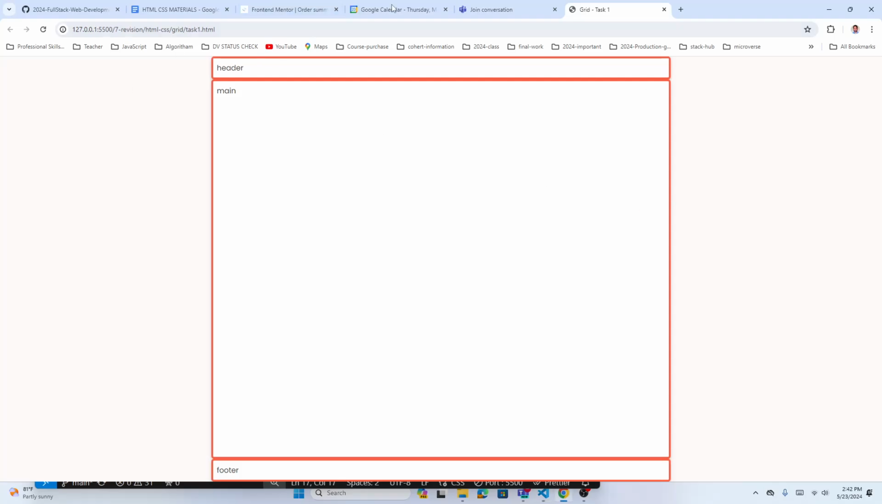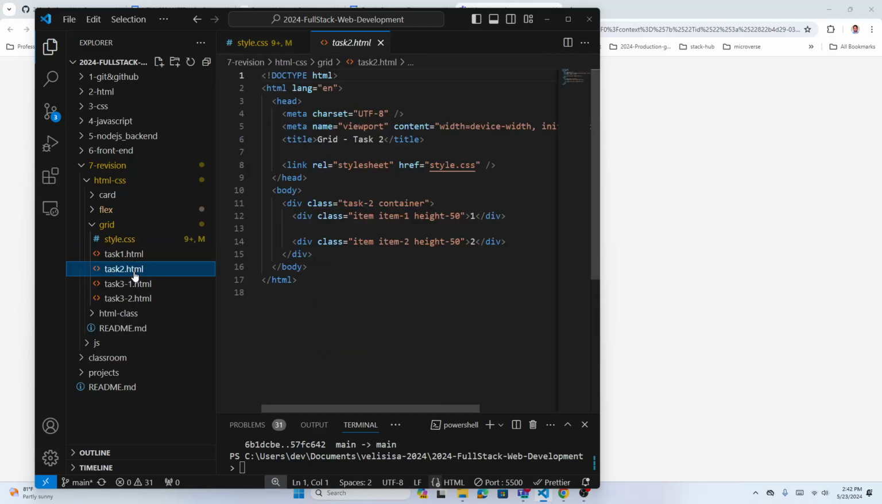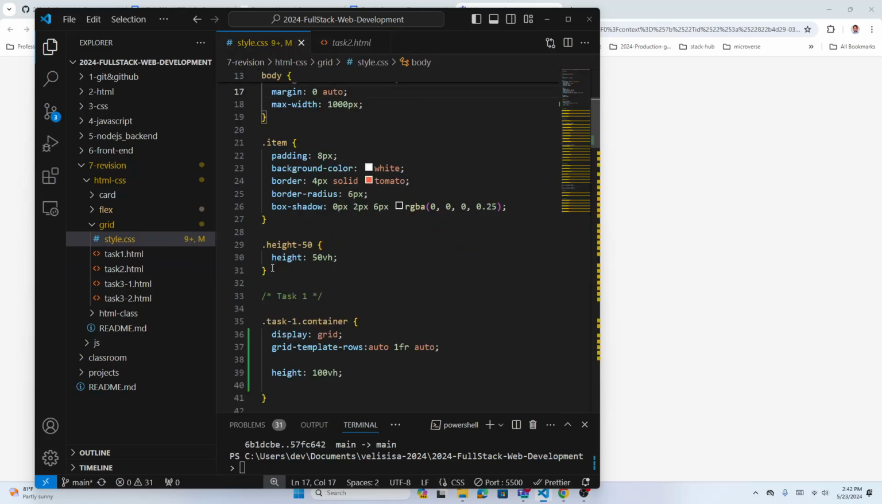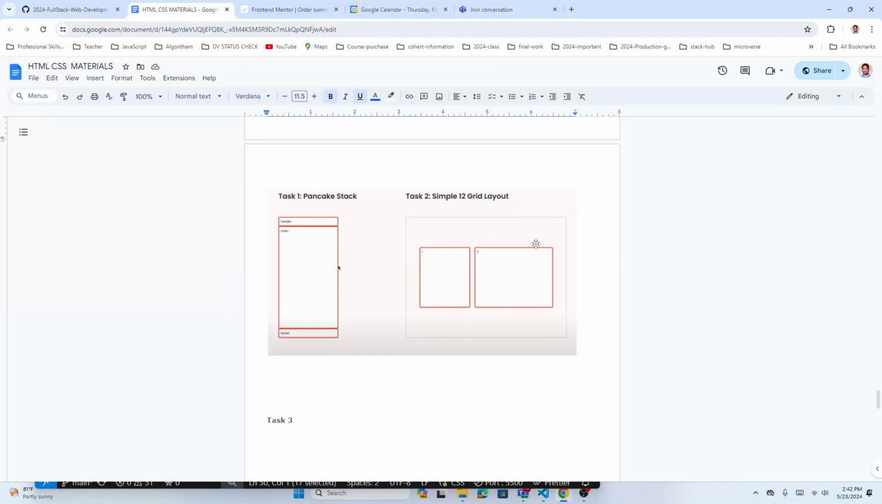Okay, so we're done with this pancake. Let's close this, move to the next one. So in the second item, in the container tags 2, there are two items, item 1 and item 2, right? Both have height 50. So height 50 is the class. If you look at the CSS, height 50 means 50% height. Look at this, right? So we have to make like a box which will go in the center because they have 50% height, right? So you want to put it in the center, plus